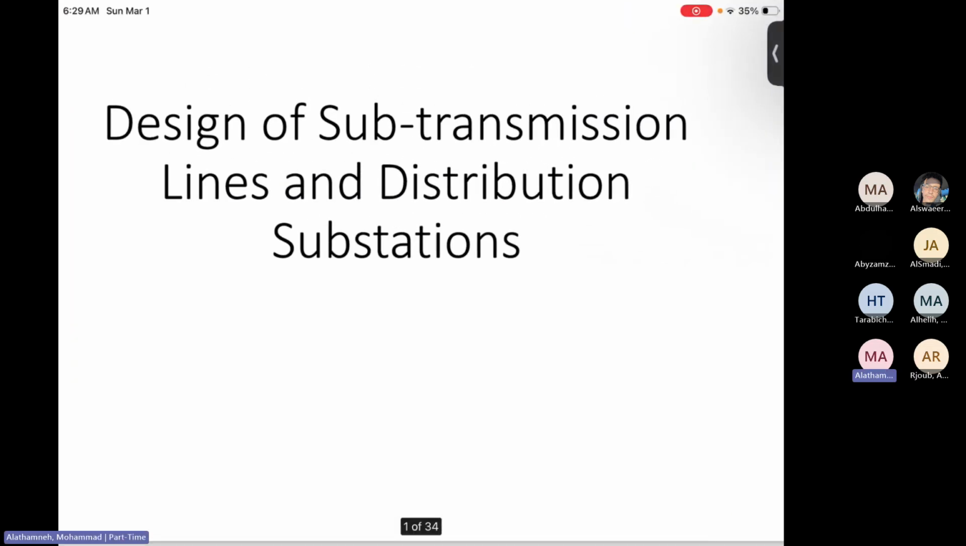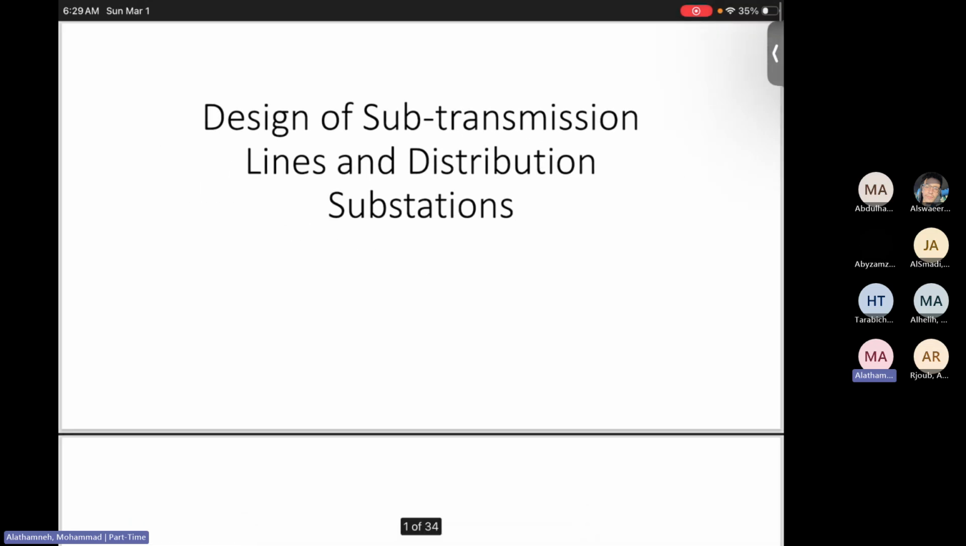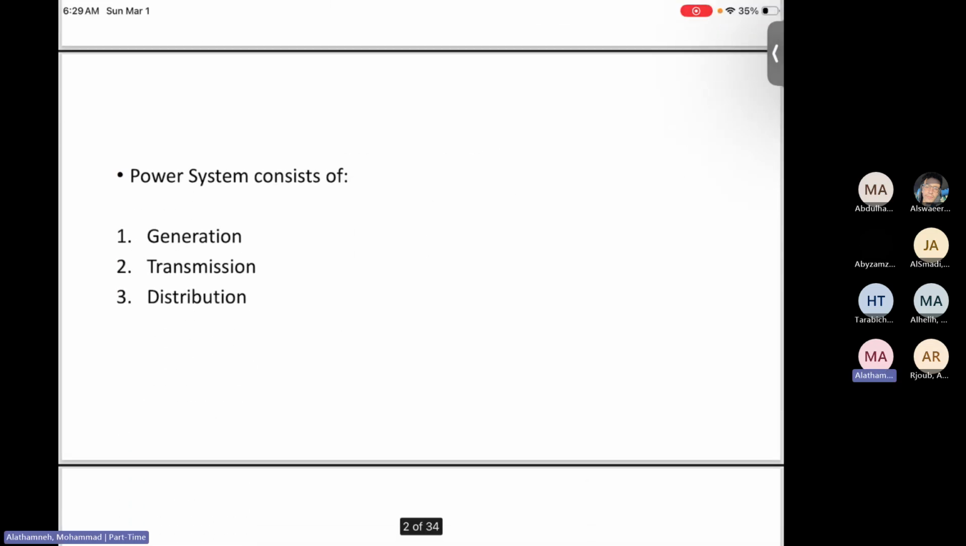Good afternoon, everybody. Today's lecture, we will start our new section, or new topic, which is related to substations. So basically, we will talk a little bit, an overview, in designing sub-transmission lines and distribution substations. As we know, the electrical power system consists of generation, transmission, and